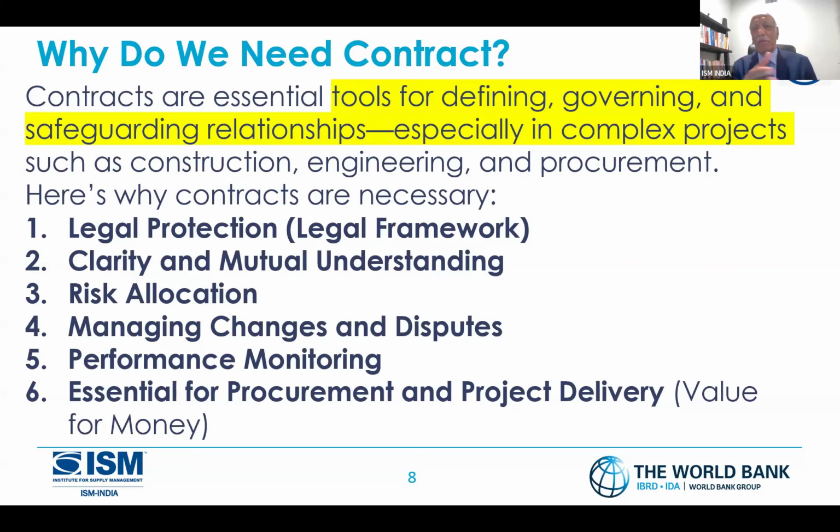I need clarity and mutual understanding. The contract is known to each party, para by para. Risk allocation: risk could be financial risk. The guy comes up and says, sorry guys, the prices have gone up, the tariff has gone up, material prices have gone up, I can't do it at this price. In those cases, certainly I want to cover my risk.